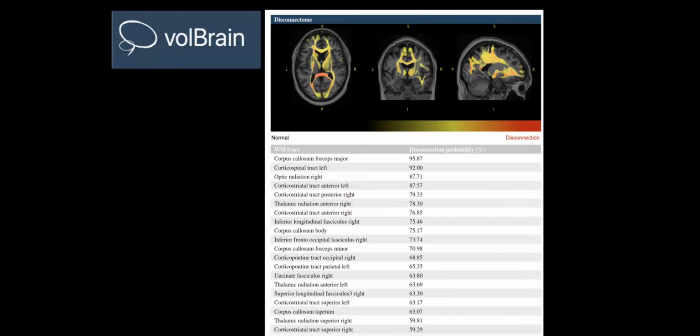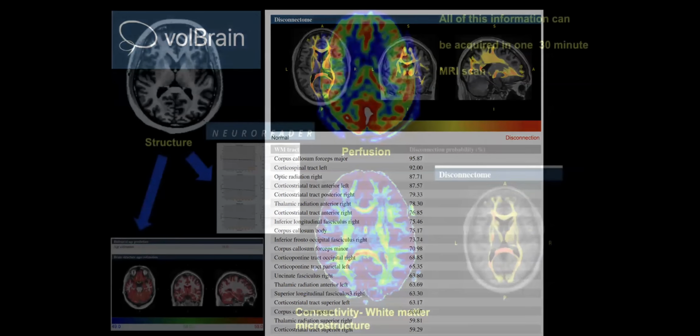And so this is another individual who had a traumatic brain injury where we can see multiple areas of the brain with high probabilities of disconnection in major white matter tracts, including the cortical spinal tract, which is important for movement, the optic radiation, which is important for vision, the corpus callosum body, which we know is affected by traumatic brain injury, and the corpus callosum tapetum, also affected in traumatic brain injury. And so again, this is important to know because this can also be a more sensitive way of tracking potential functional consequences clinically, as well as the overall burden of abnormalities in the brain related to traumatic brain injury.